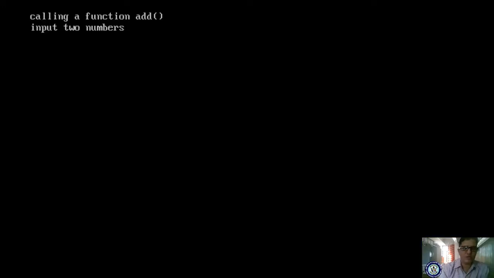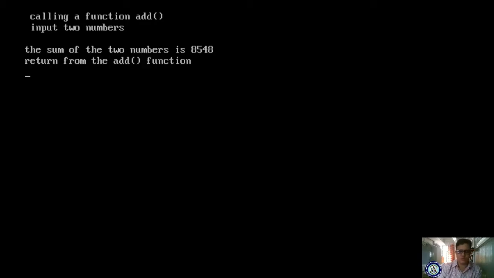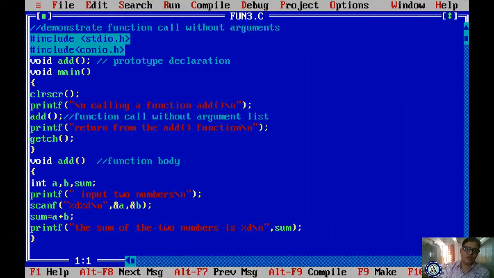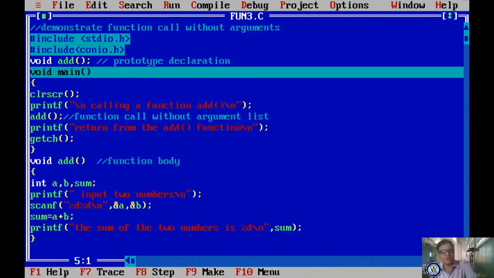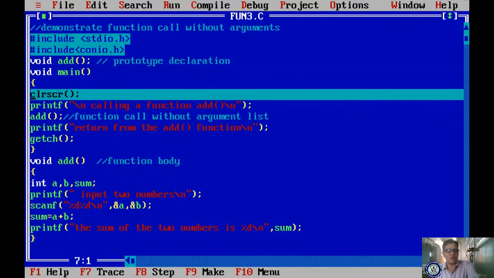Control F9. So it is asking for input 2 numbers. I am entering 10. It has missed, right? Please observe, now I am pressing the F7 key. Function key F7 is for your understanding purpose, how the control will transfer. Every C program starts from the main function, right? So I am pressing F7, main function. It has read your prototype, already read.